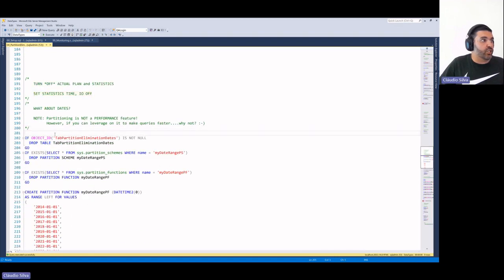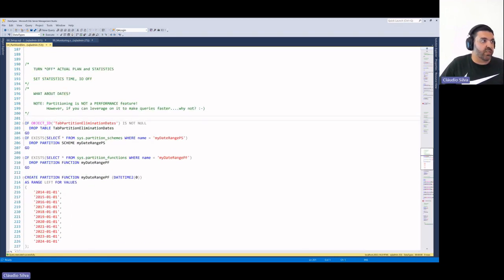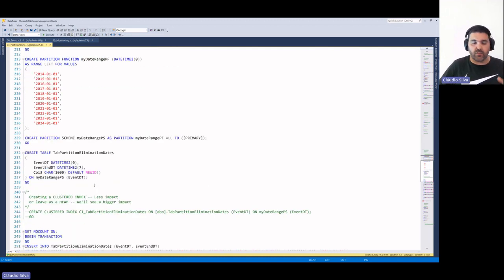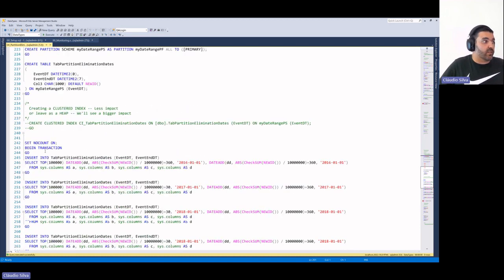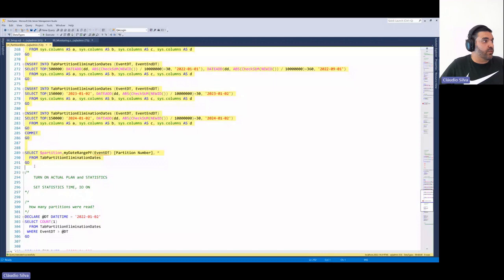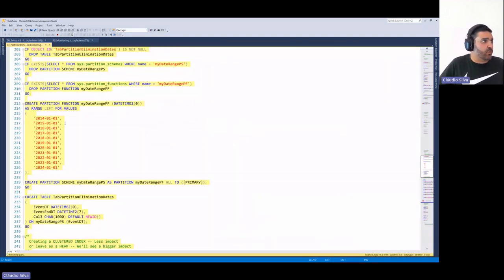However, partitioning is more related, I would say, to dates, because normally when you have data warehouses and reporting tables, you want to aggregate or partition that data by day or month or even year. Just another example. In this case, I will be creating a partition table with a couple more partitions, each one holding a year of data.